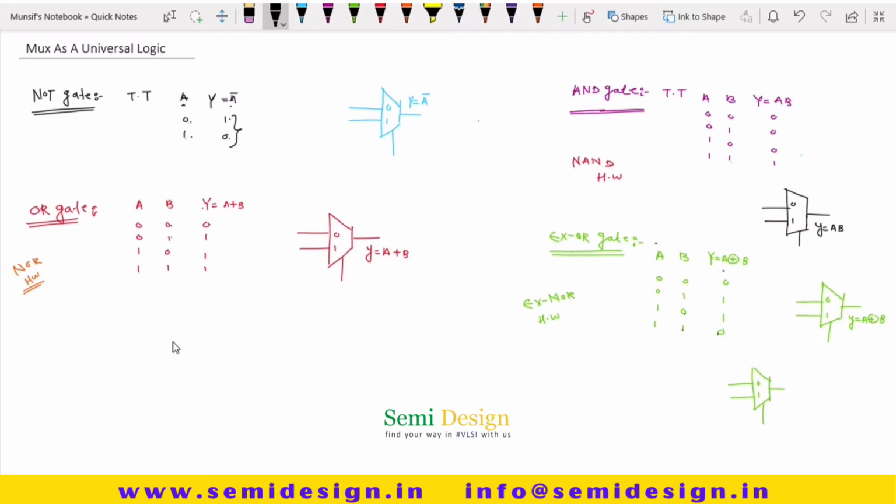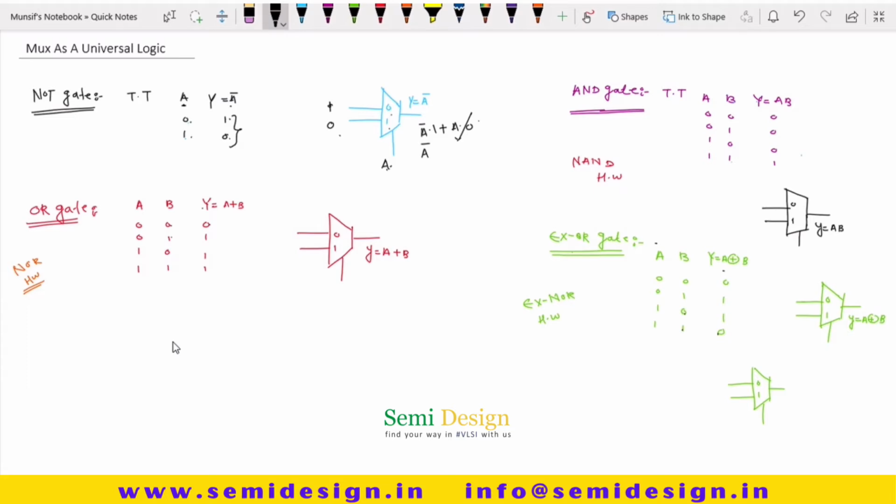Just connect this A as a select line and map this 1 0 here. This becomes a NOT gate. If you want to cross check this, just take this A bar into 1 plus this A into 0, A into 0, and this becomes 0. This is nothing but NOT gate, right?